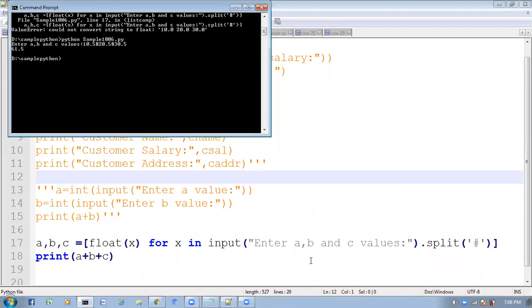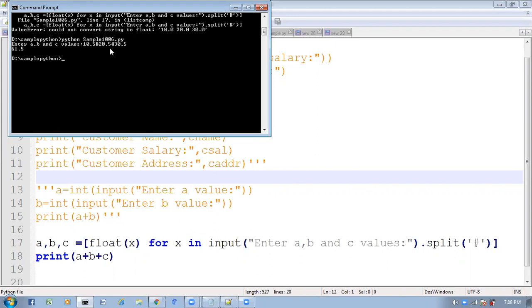And finally, how many string elements will you get here? 10.5 is one string element, 20.5 is one string element, 30.5 is one string. In total, 3 strings you will get after splitting.